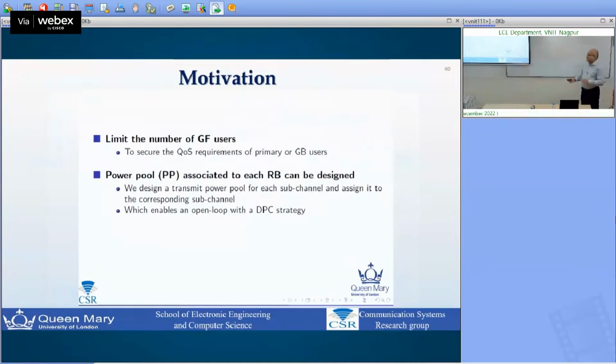So here, for each resource block, we are going to have a transmit power pool for each sub channel. Then, like the earlier problem, we are going to have a distributed power control strategy. That is the open loop, like the previous case. So now the question is,